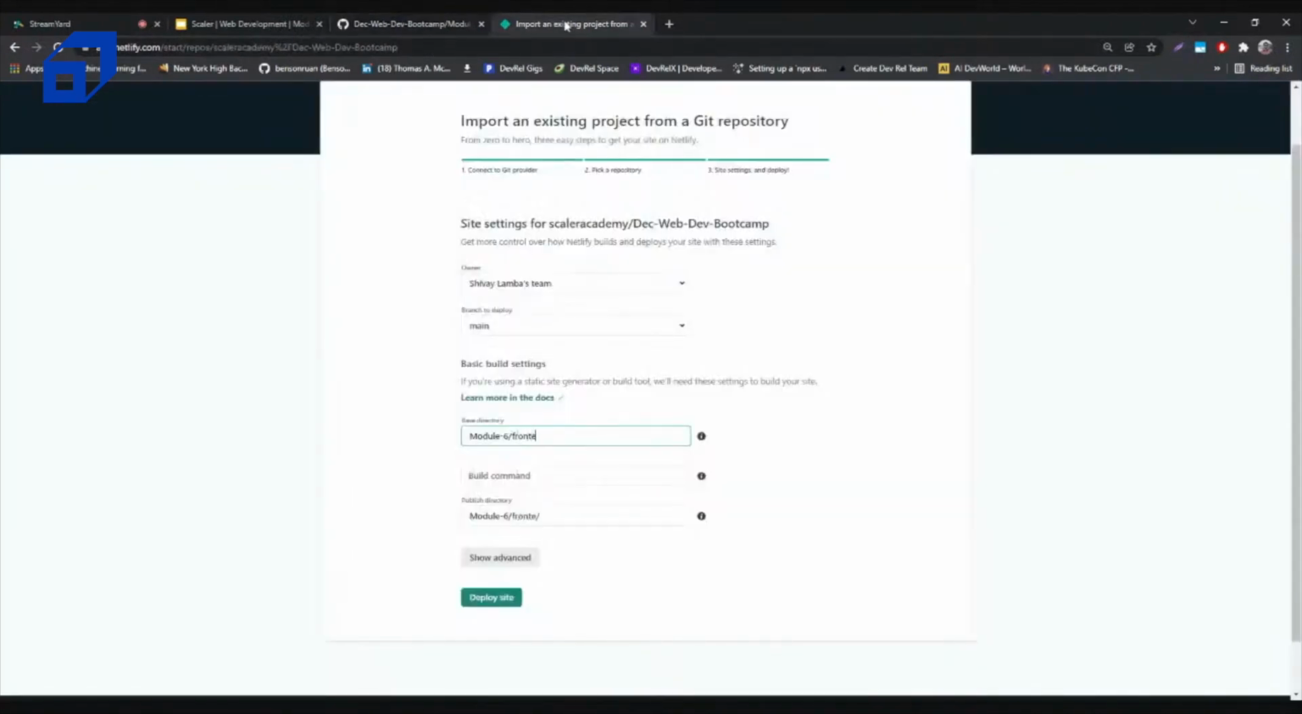So what it will do is that it will take only this specific path in the entire repository and only deploy that part. If you don't provide anything in the base directory, it will take the base repository as it is. Now over here in this case, since it's a simple HTML document, we don't need to provide any build command,